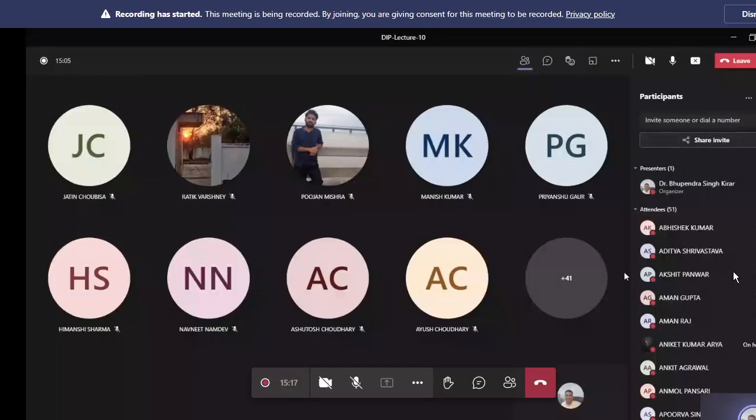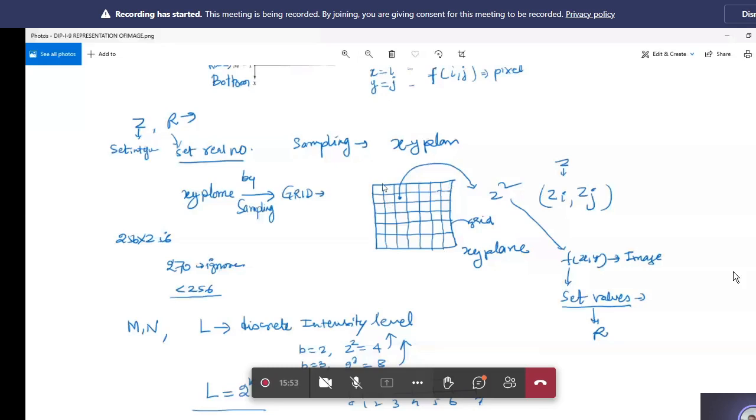So in the previous class, I was explaining the representation of digital image. See, this I have covered in the last class, and this is in terms of an array. And this is just to explain the standard right-handed Cartesian coordinate system which we follow in the monitor or in the TV. Now this is the thing which I was explaining in the previous class, that the plane is known as the spatial plane containing xy coordinates.